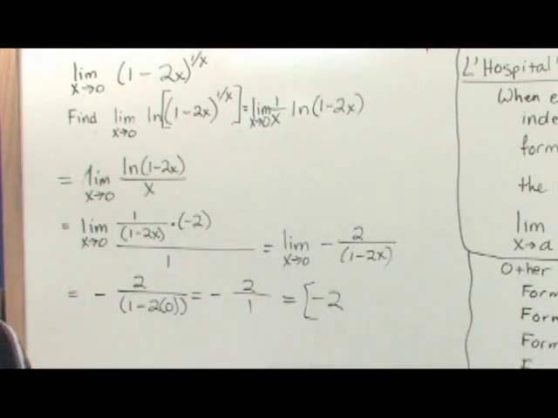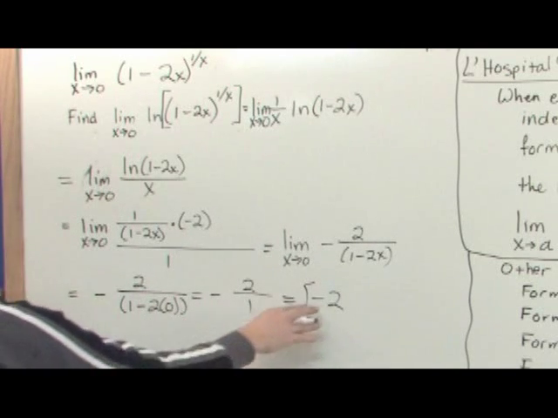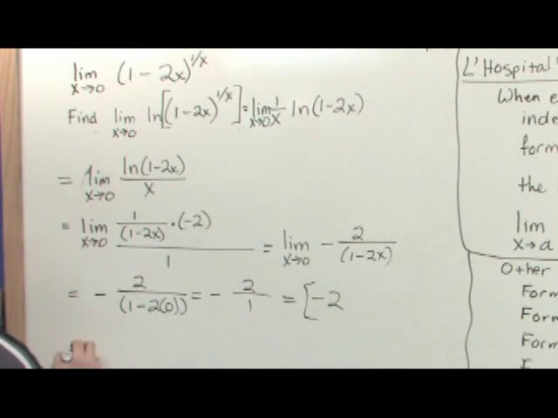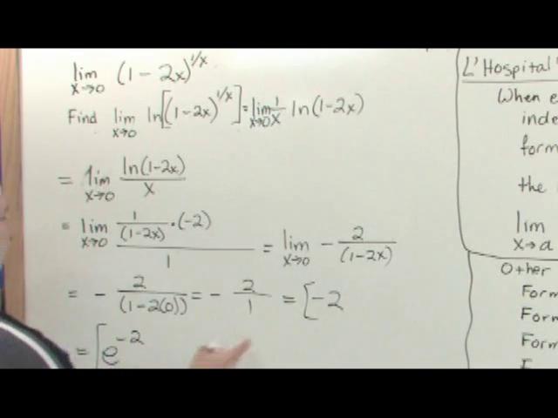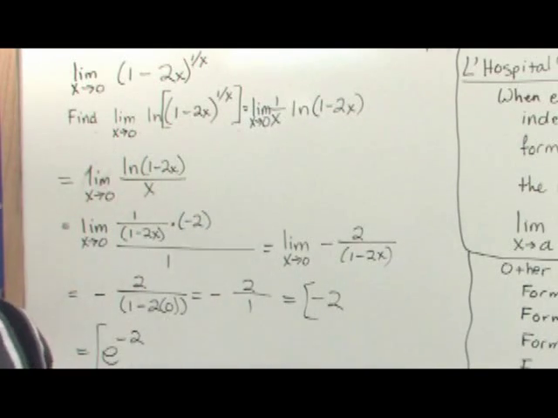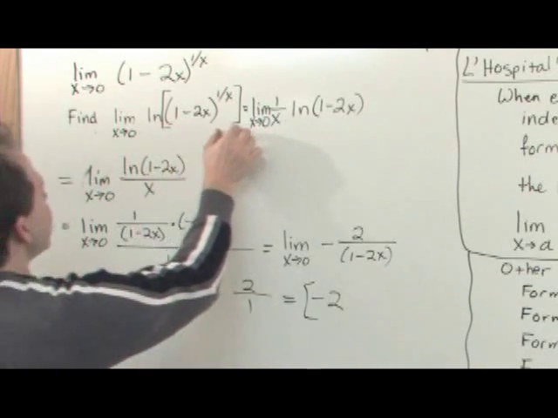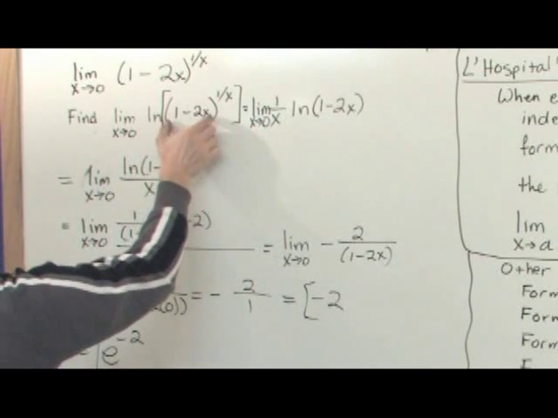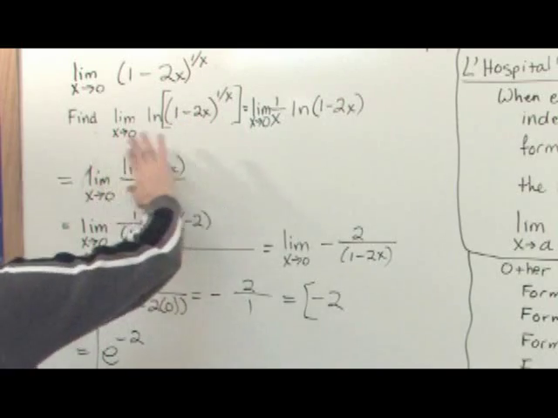That is not the original limit you wanted to find. So all you have to do when you do this natural log trick is then say, okay, well the real answer then is e to the negative 2. You just raise e to the power of your answer, and that's going to be it. Because what you're doing here is you're saying, you found the limit of the natural log of this thing, and if I had taken the original function and raised e to the power of all of this stuff right here, I would be finding the limit of what's inside here. So instead of carrying that through the whole